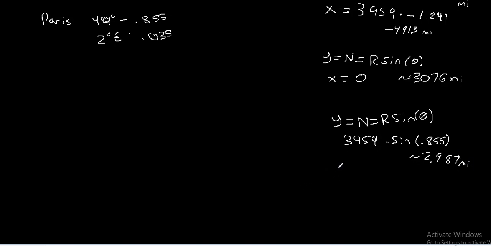Finally, the x value for Paris equals the easting, which is r times the longitude, or lambda. And from the previous video, that value was approximately